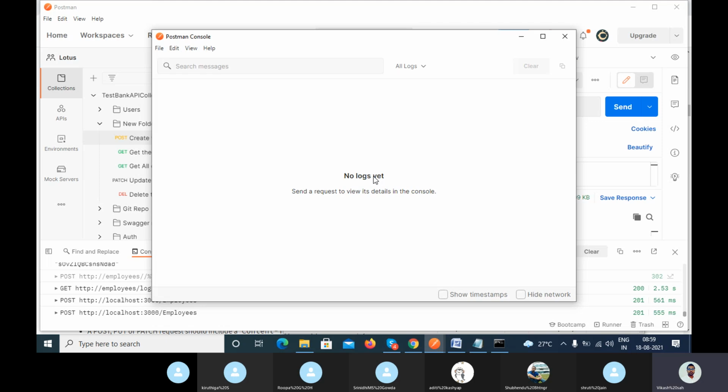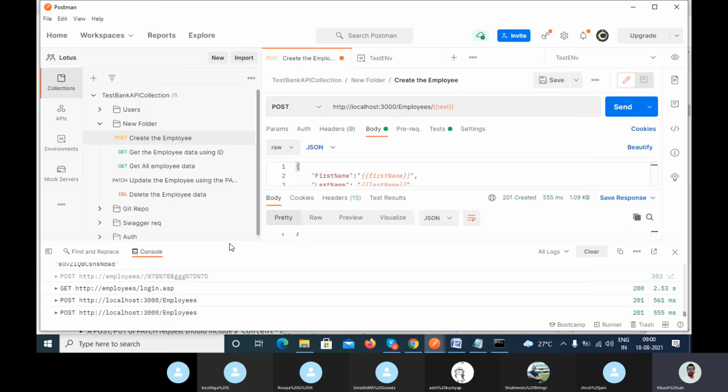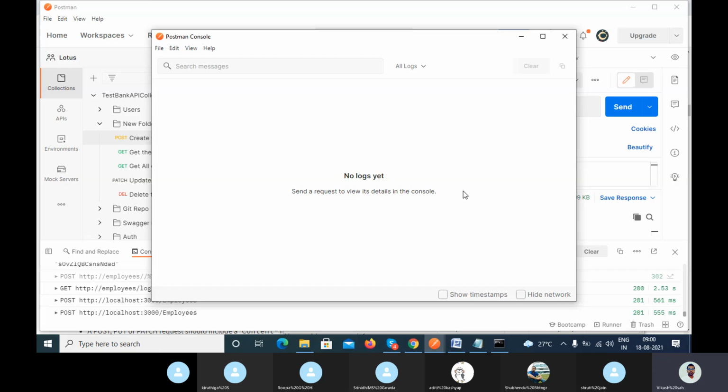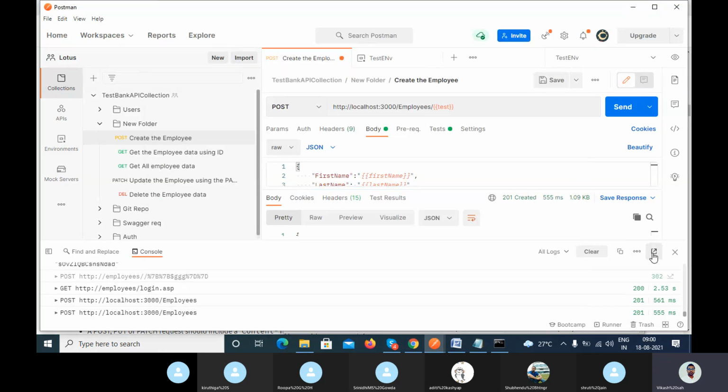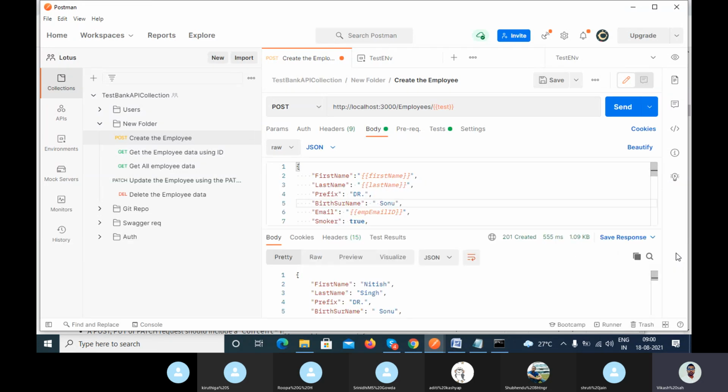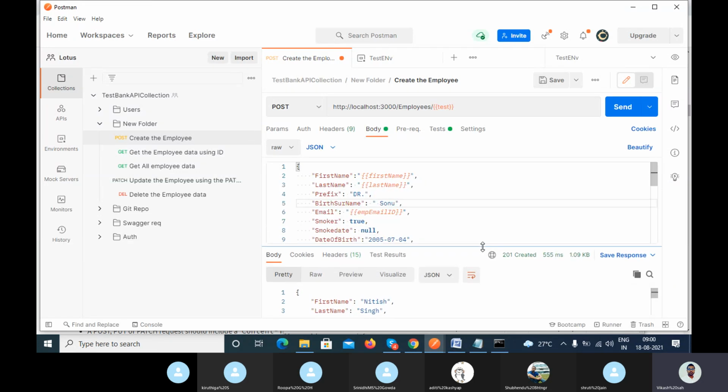So whatever action we do in Postman, if you open the console, you can check the logs. So you can also use this one, but your screen will get split. That's why, to get better visibility, I opened a new window. How can you open the new window? Click on this arrow icon, this one, and close this, so that you have one screen. Okay, when I call this,